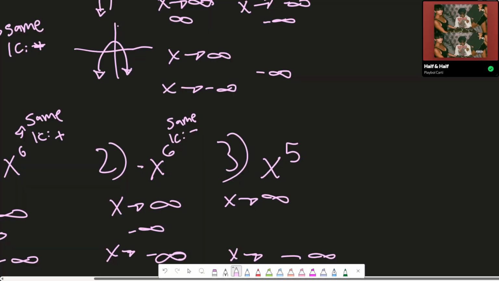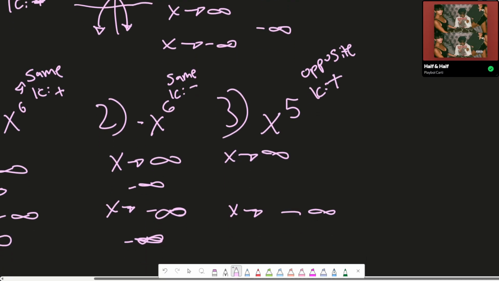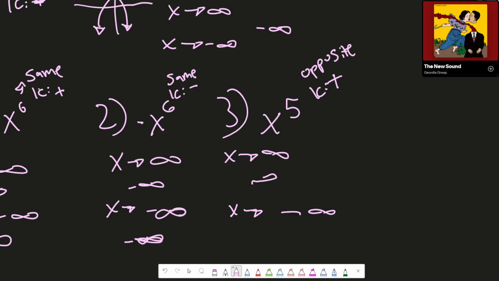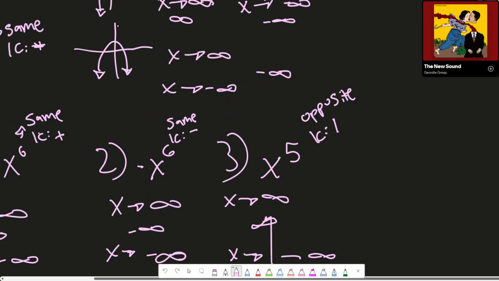And let's look at this question last, x to the fifth. We see that it's an odd degree, so that means opposite endings, odd opposite. And we see that there's a leading coefficient of positive 1, or really just anything positive. So since we know the ending is going to be positive, we can instantly say as x approaches positive infinity, the y is going to approach positive infinity. But since it is opposite,